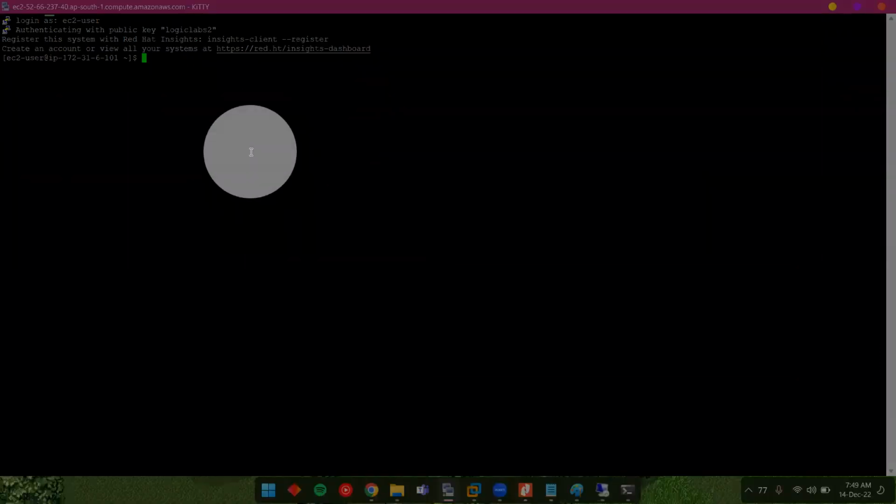Now we are inside the server. Again, you can do sudo su - root. Let me do cat /etc/redhat-release. You'll be seeing what the cat command is in upcoming classes, but we are using 9 in our AWS